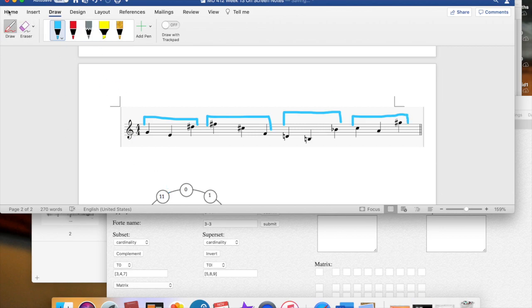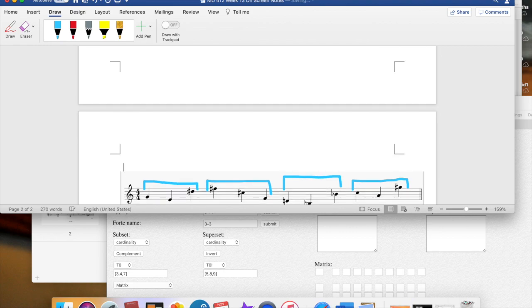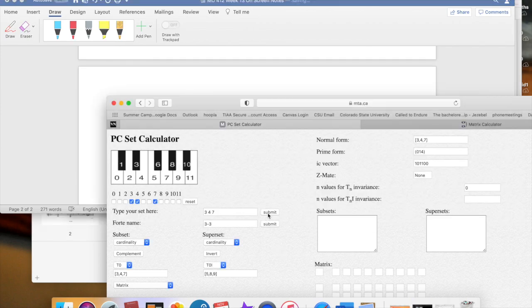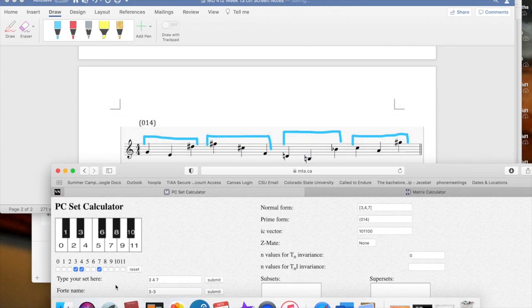And then I'll note up here that the first one is 014, we said. And then our next one, let's see what it either has in common or doesn't. We've got F sharp, C sharp, and F. Real quick, make your prediction. Do you think it will be 014 or something else? Aha, it is 015.